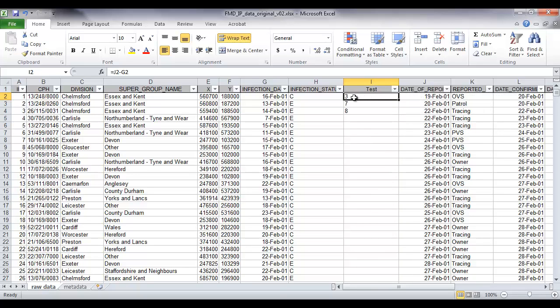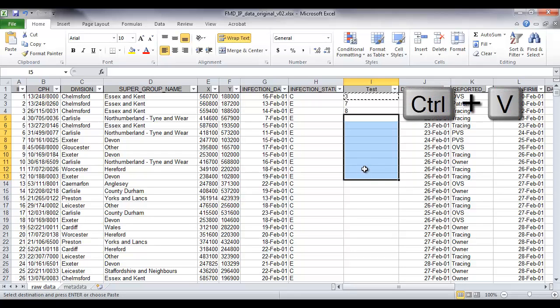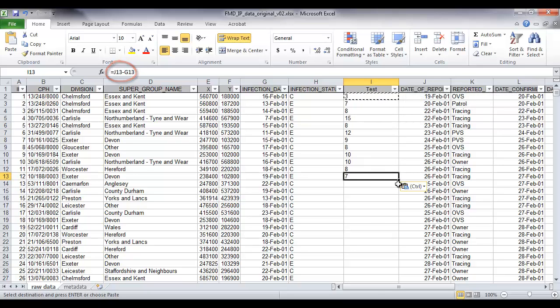Another way to copy the same formula into multiple cells is just to select the cell that you want to paste it into and then press paste. It will put that same formula into each of these cells. The last way that you can copy to cells is this little black box in the corner of the cell that you've got selected. If you drag that down, it will copy into other cells. If you double click it, it will copy to the bottom of the column for all the rows where there's